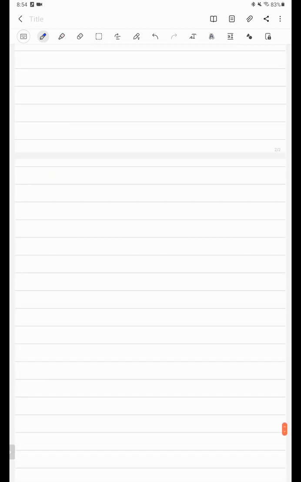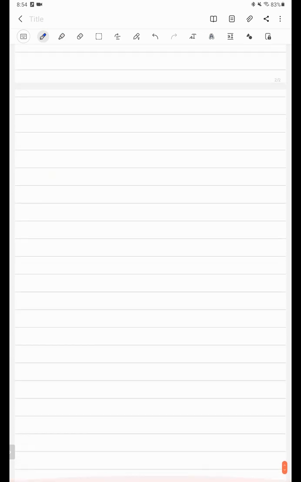Okay. So how about we take 9? What is 9 to the power 1 by 2? What is this going to be? 3. Yes, exactly. It's going to be 3. Why? Because anything to the power 1 by 2 means the square root of that number. So 9 to the power 1 by 2 means square root of 9, and that is equal to 3. And then we see that 9 is equal to 3 squared.